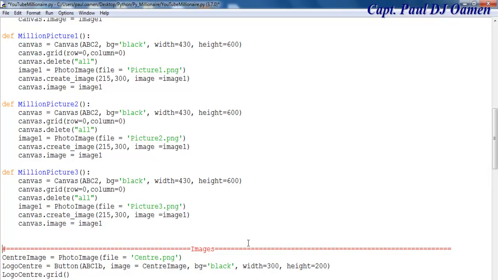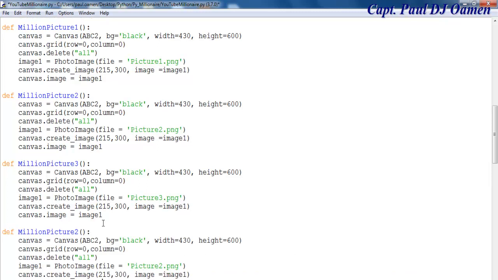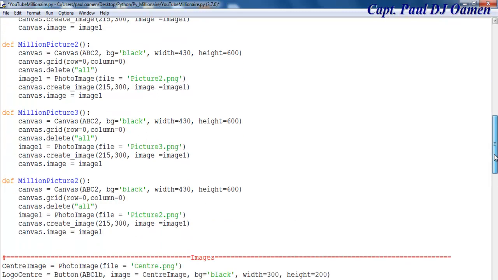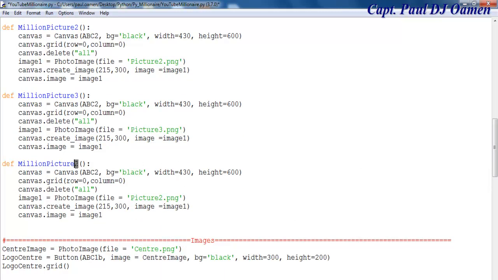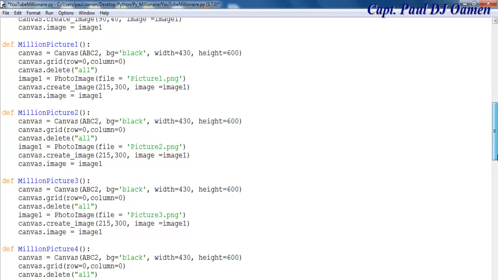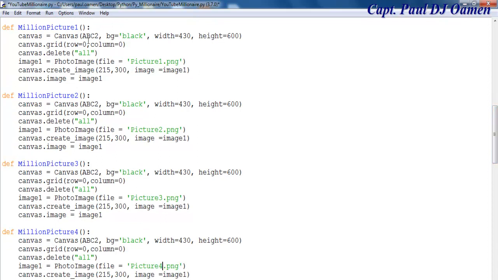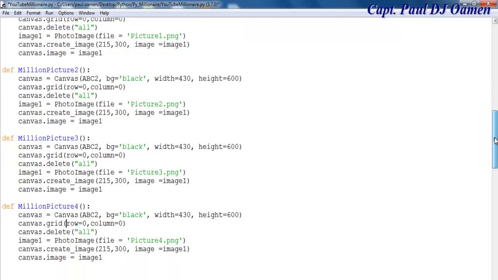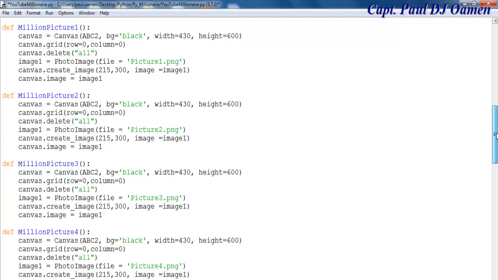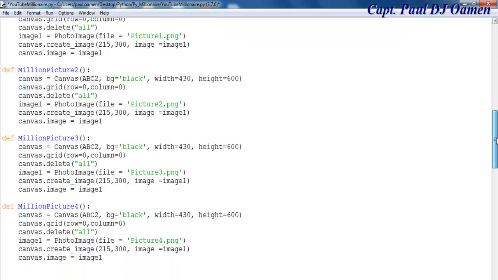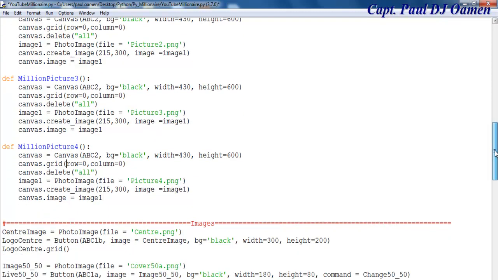Right, so let's create one more. So that we can call those images once we get, or when we get the question right. There we go. So I have in total 4 functions that call the images. 1 2 3 4. Okay, you are meant to create up to 15, but the choice is yours. I intend to create only 4. Alright,